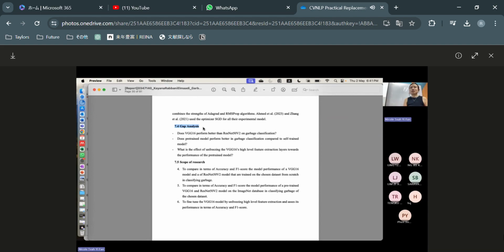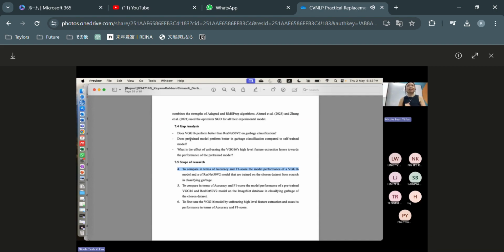Gap analysis is after we summarize and analyze, we will have a lot of questions. Say, for example, you may come to me and ask, Miss, this is what I found. Do you think this model is better to implement or that model is better to implement? The answer is we can put that as our gap analysis or problem statement here in a question format. With this, we will be able to scope our research. Say, for example, we know that people are using this model, this model, this model. We don't know which is